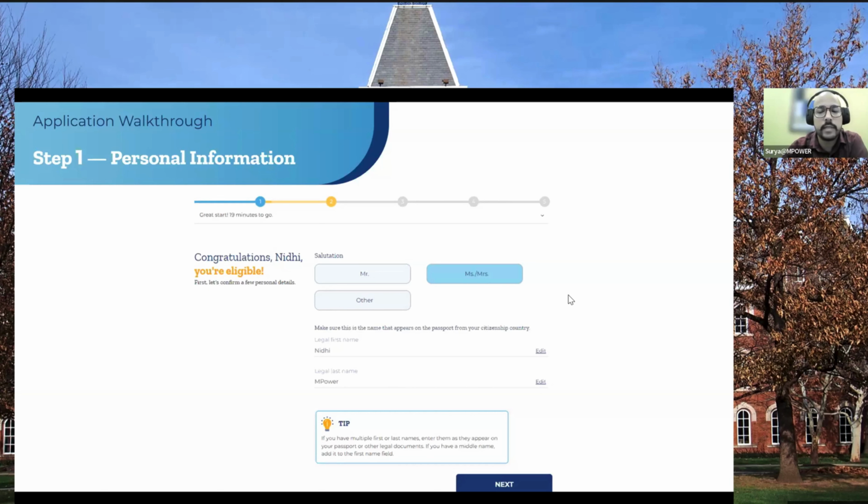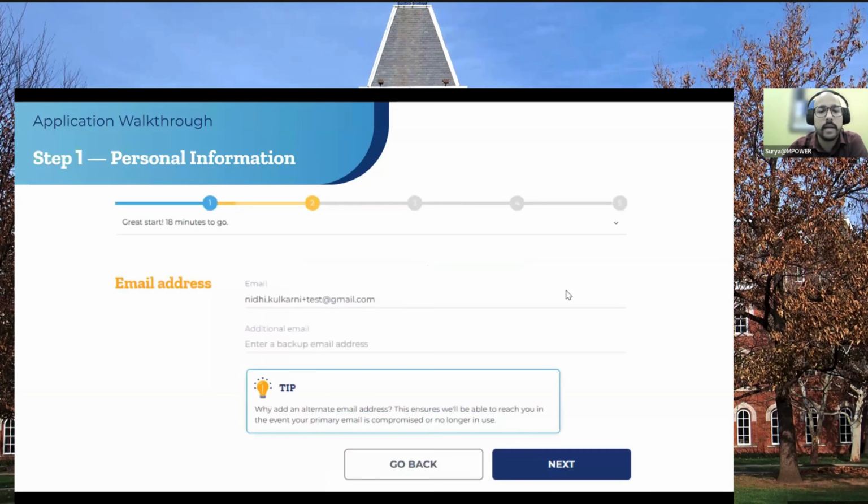Initially, what you see here is regarding the legal names that are mentioned in the document that you are going to provide, followed by the salutation that you would like us to greet you with. After that, you will need to provide us again the email address which you have already used, and an alternate or additional email that shall be available in case you are not able to get any emails at your personal email.